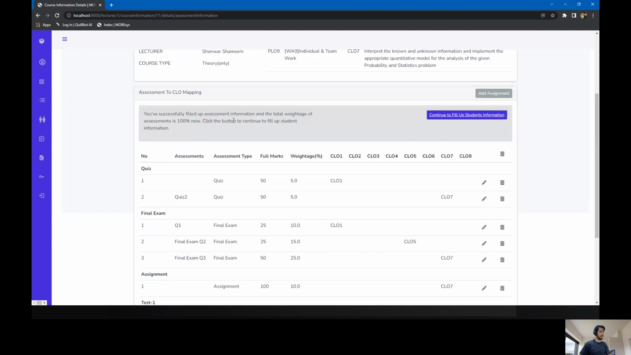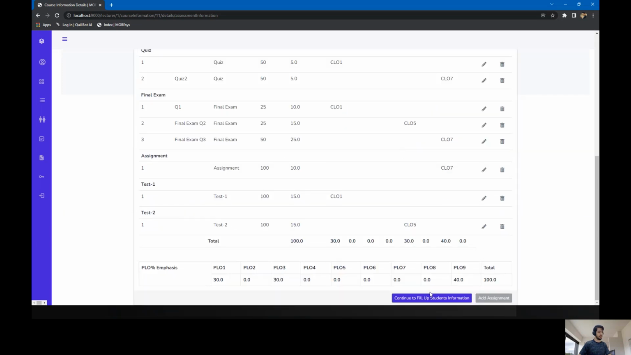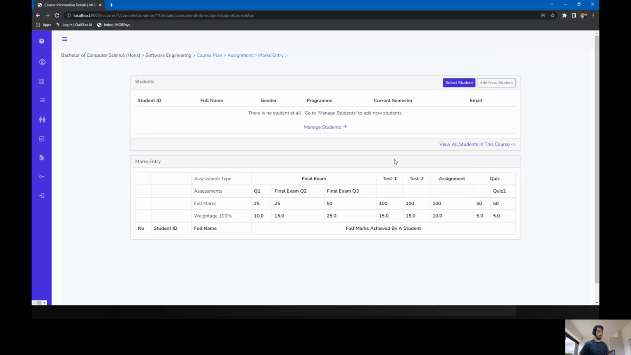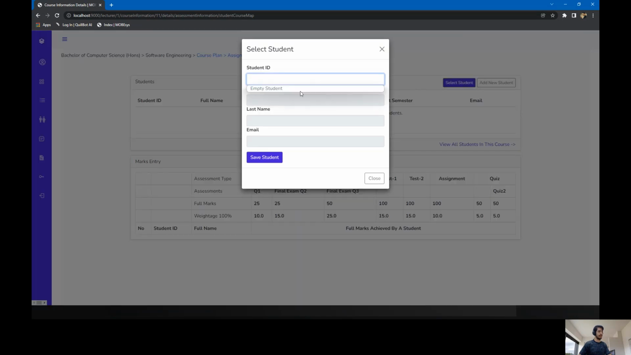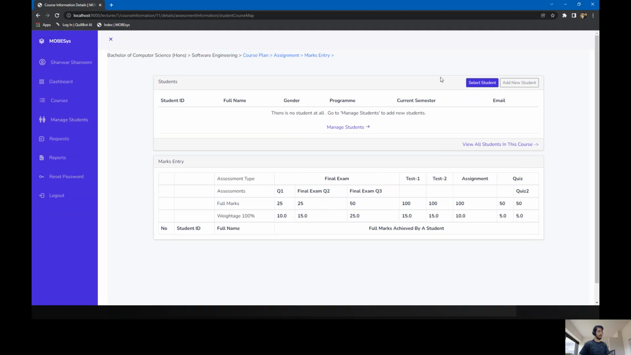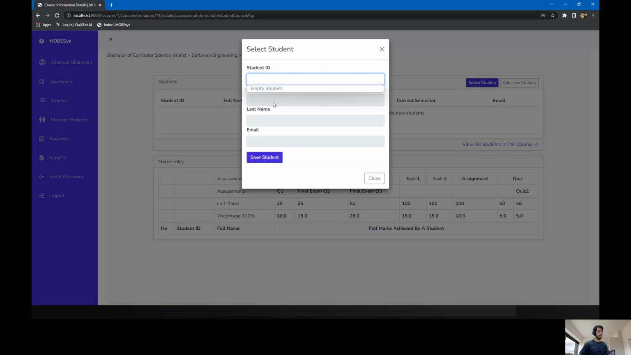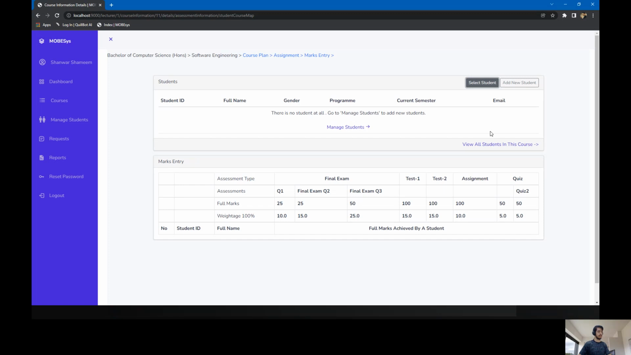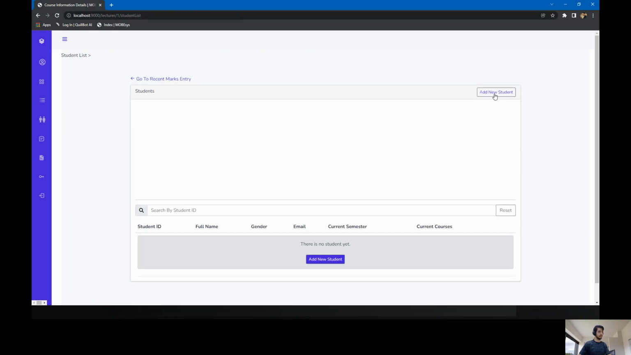So as we can see here, we will have a small message that you have successfully already filled up the assessment information, and now you can proceed. You can proceed from here, from this button, or from this button. It is both the same. So here is where we want to create the student, or we select the student. So it depends. If I have already created the student from the manage student page, when I come to select a student, I will just see their IDs and I will select them. If I have not done that yet, I will just go to add a new student and maybe